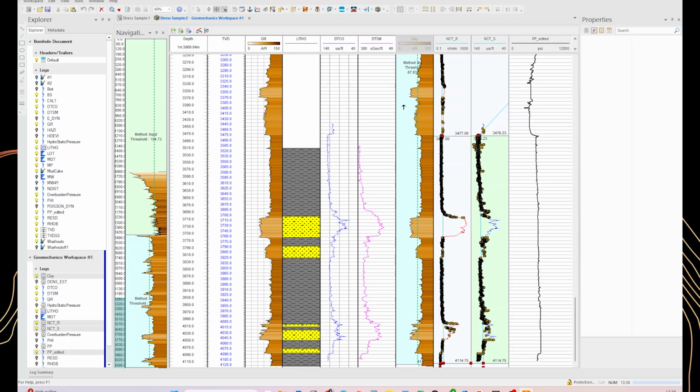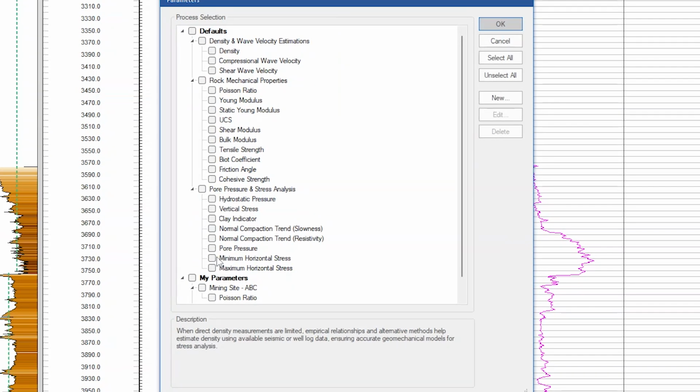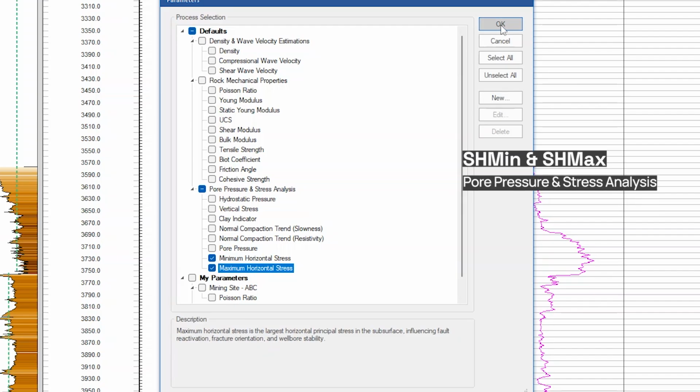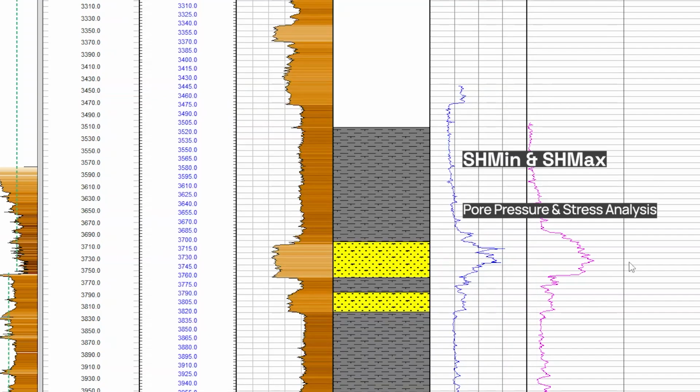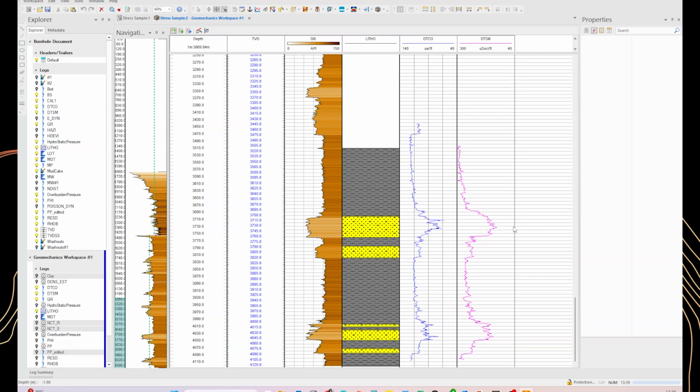We create more space by hiding a few tracks from the display. Now we select the parameter view, and we can select the minimum and maximum horizontal stress that are both going to be calculated at the same time. So now we will have two new tracks deployed to the right of the display.